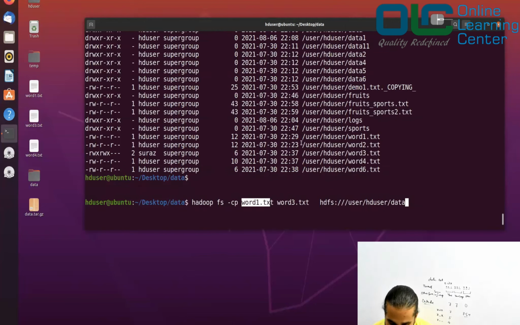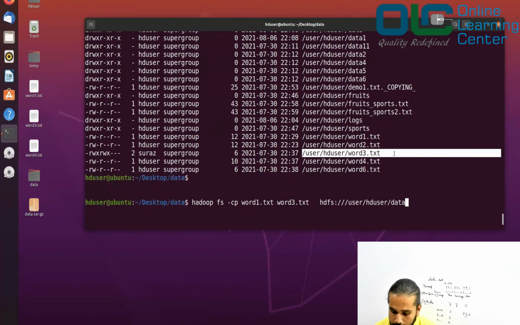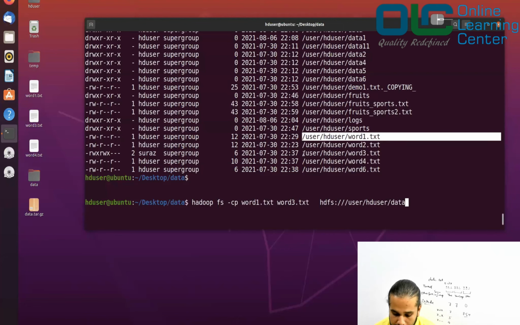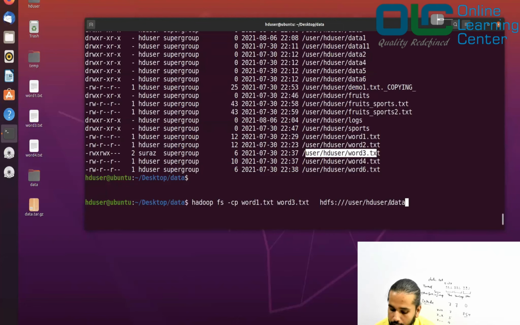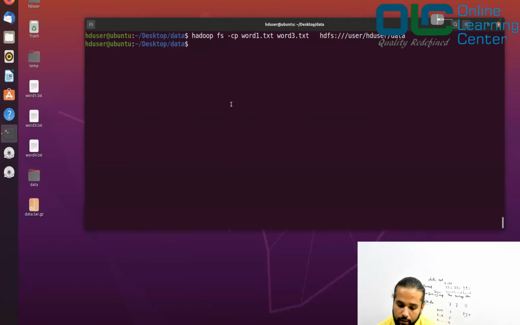That means I'm expecting these files to be copied under my data location. If you're copying multiple files, the destination would be a folder. So let's press enter, done. It has copied the data into the data folder.